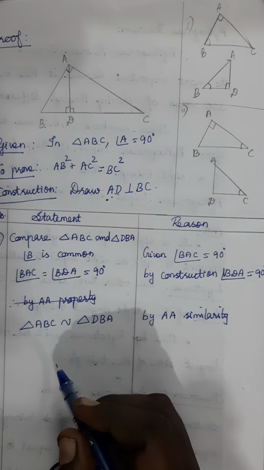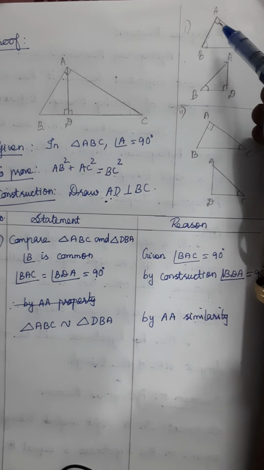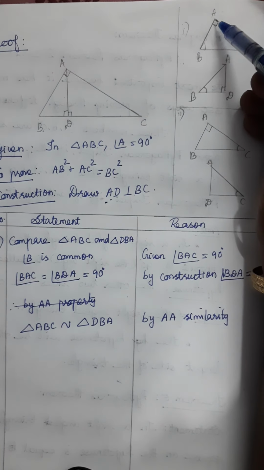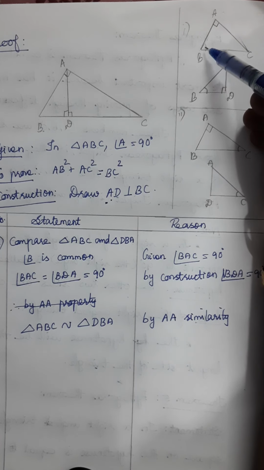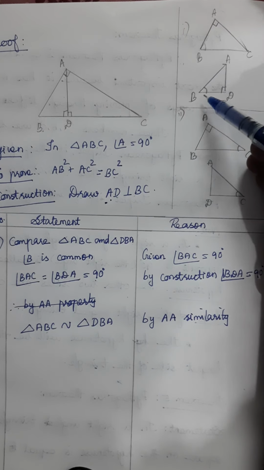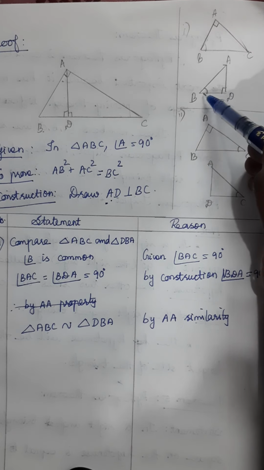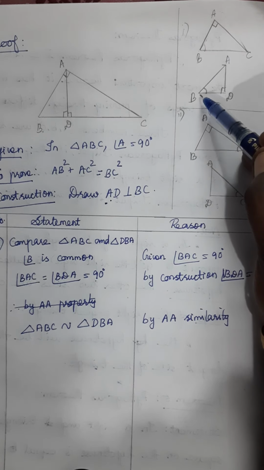So we can write that the corresponding sides' ratios are equal. You see here AB, it is the side with the vertex 90 degrees and the common angle. Likewise here BD, DB, 90 degrees with the common angle. In this way you take the sides AB and DB. Are all clear?